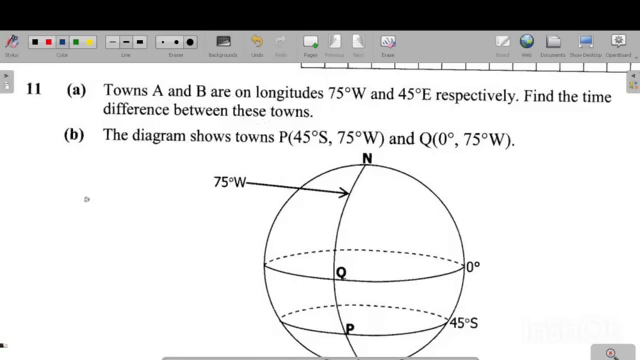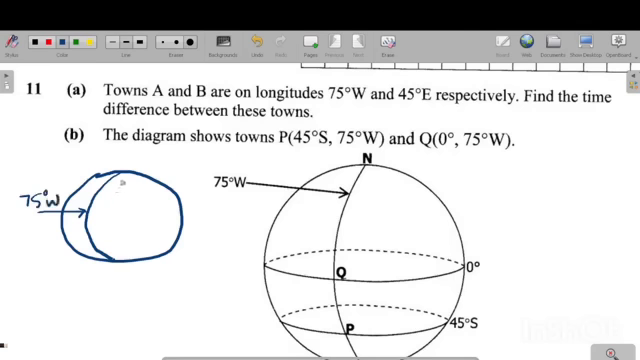Okay, so I usually encourage students to make a sketch. So you make a sketch of the earth. Okay, so you're going to assume that this is longitude 75 degrees